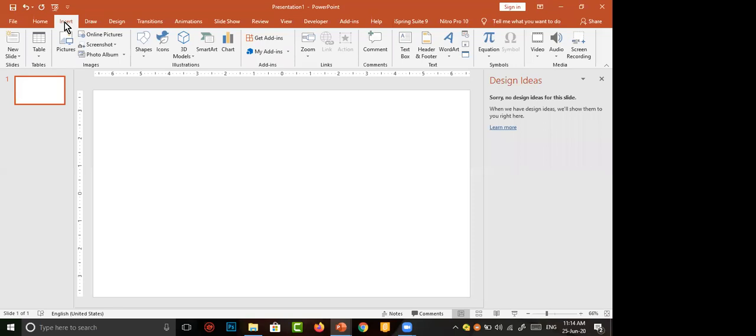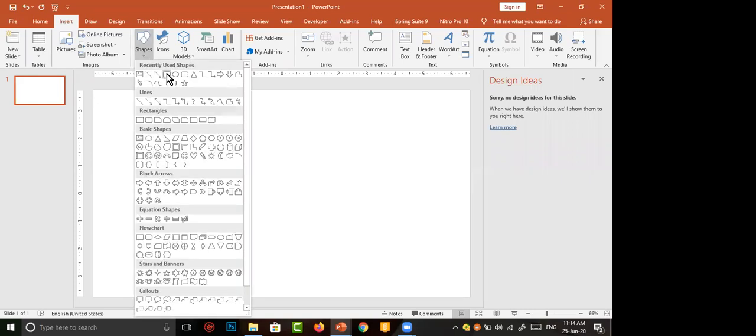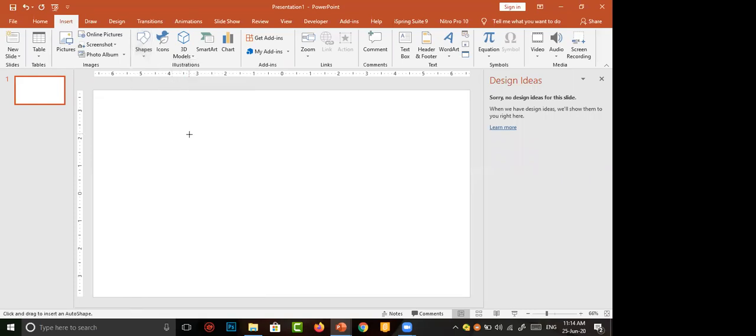Rectangle is a shape. To insert a shape or to insert anything in our slide, we should move to insert in the menu bar. Then rectangle is a shape. So I am going to the shape button. I click on shape. Then I choose a rectangle. The shape of the cursor changes. I simply drag on my slide. I got a rectangle.